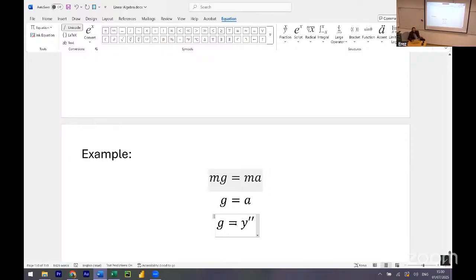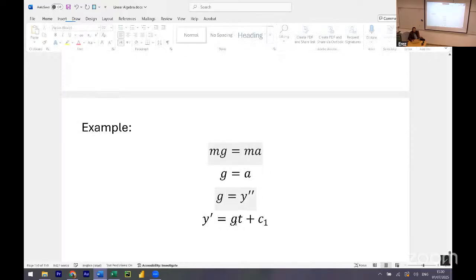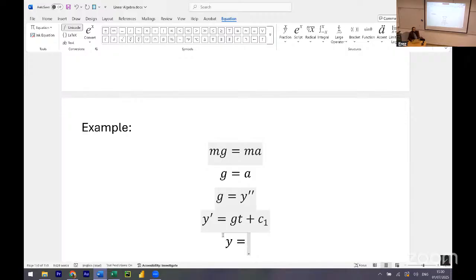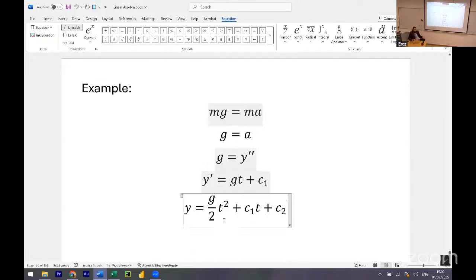So when we do an integral, y prime is g times t plus some constant. And what is y itself? Half of g t squared plus c1 t plus c2,